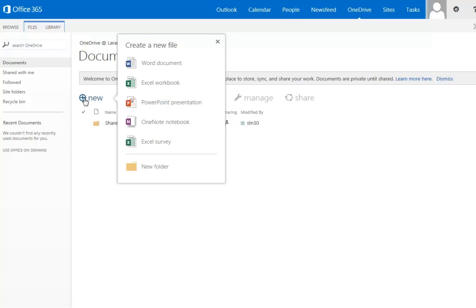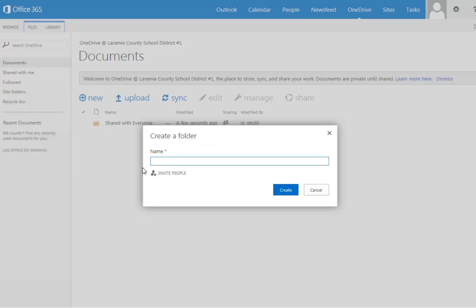This is the online version of these programs. So I could open up Word and type in it and then save it to OneNote. I could open up an Excel workbook and save it to OneDrive. I could open up PowerPoint and save it. I could open up a OneNote notebook. I could also create an Excel survey here. I could also add a new folder, and